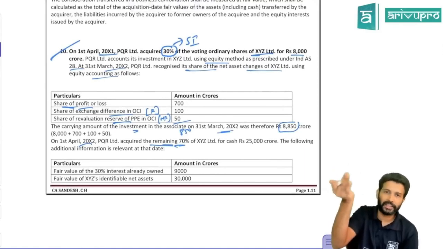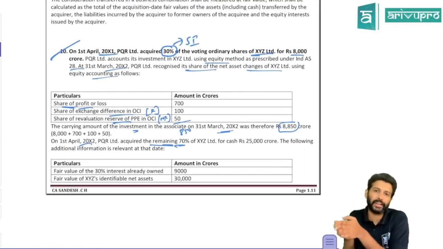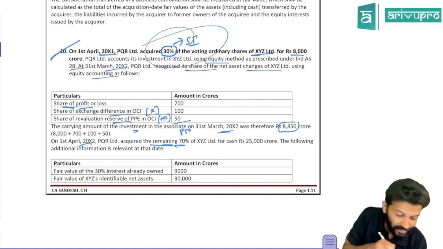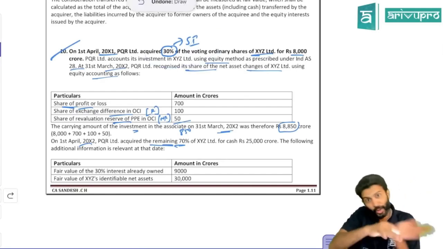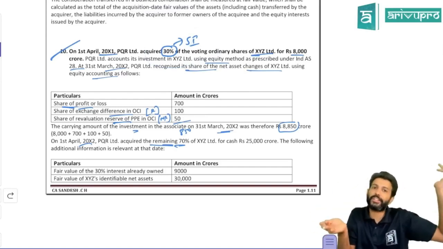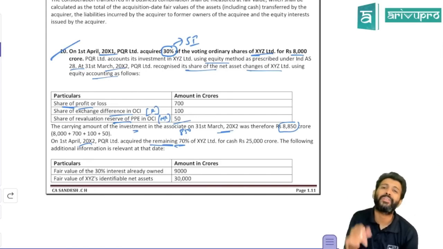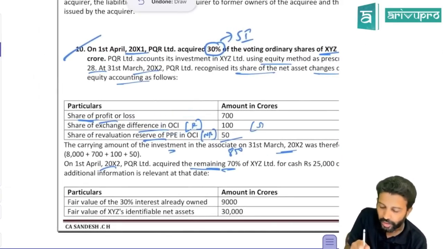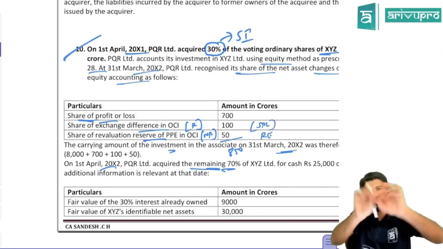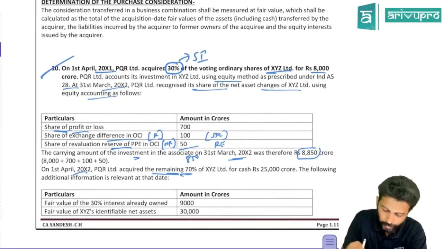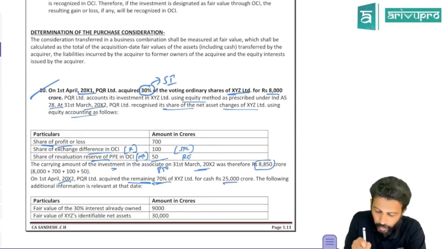That value could be higher than 8850 or lower. Okay. If it is higher, you will book a gain. If it is lower, you will book a loss. And moreover, now you have lost significant influence. You got control, so you can't have both significant influence and control, right? The moment you get control, significant influence is lost. And you know the accounting. Whenever significant influence is lost, whatever OCI is reclassifiable will be transferred to the SPL account, and non-reclassifiable OCI will be transferred directly to retained earnings. So all this you have recognized, you need to de-recognize now because you got control. That's the reason. And you lost significant influence, more specifically. Okay. So they acquired 70% for 25,000 crores.